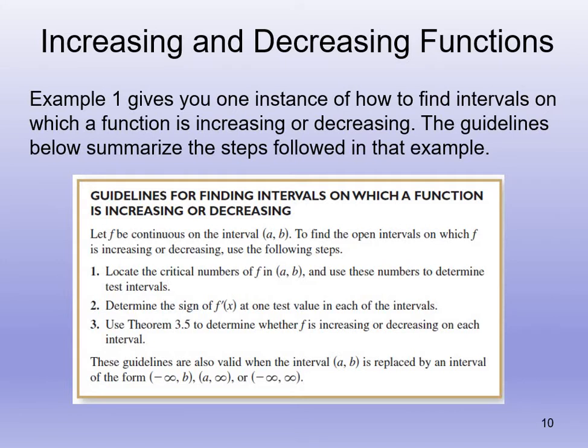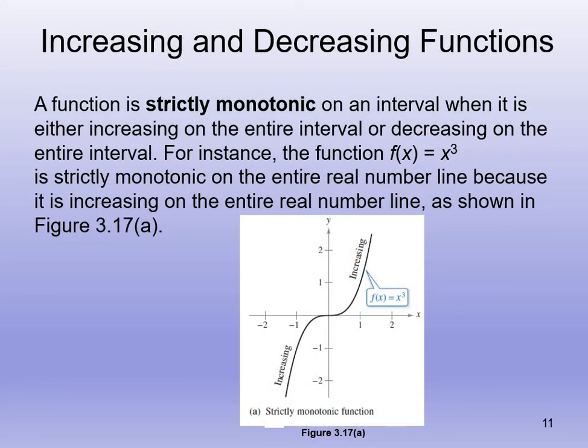All right, so let's talk about what's a strictly monotonic function. Mono means it's doing the same thing the entire time. That's really all a monotonic function is. So if we take a look at this function here, f of x equals x cubed, it is increasing from negative infinity to positive infinity. So regardless of what the intervals are, we might have a critical value at 0,